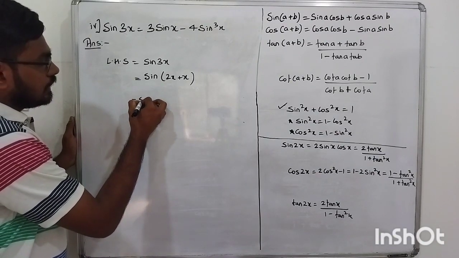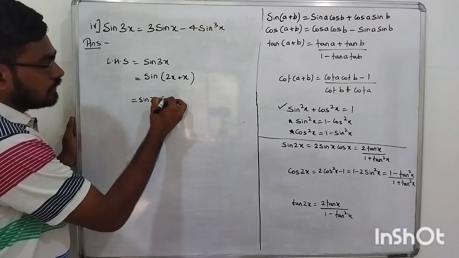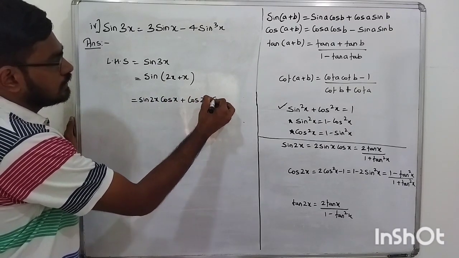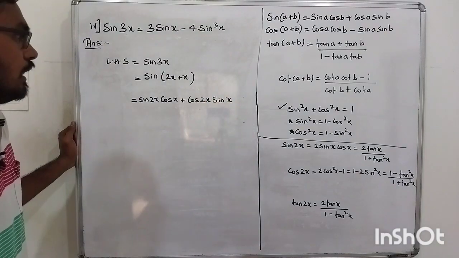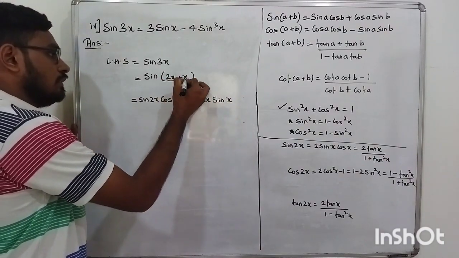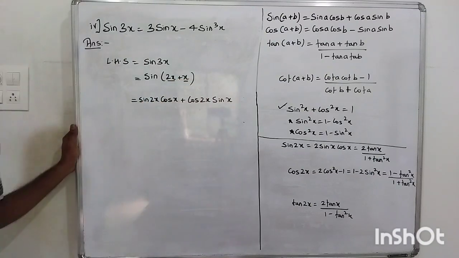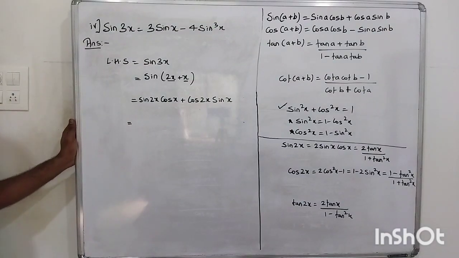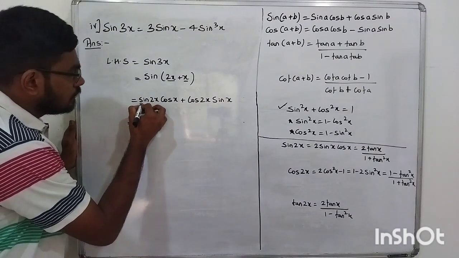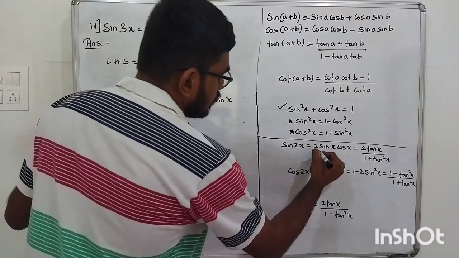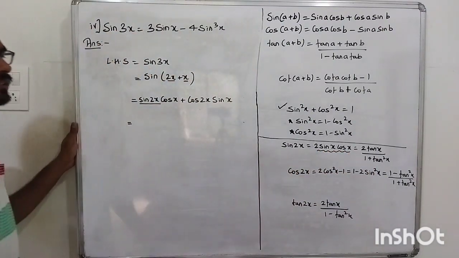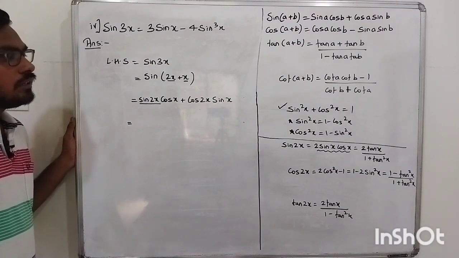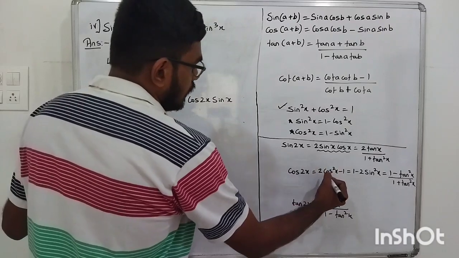sin 2x plus x, so sin 2x cos x plus cos 2x sin x. Sin of a plus b is sin a cos b plus cos a sin b. Okay, then just simplify. In place of sin 2x now I will be writing this. Okay, in place of sin 2x I will be writing this, 2 sin x cos x. Okay, in place of cos 2x I will be writing